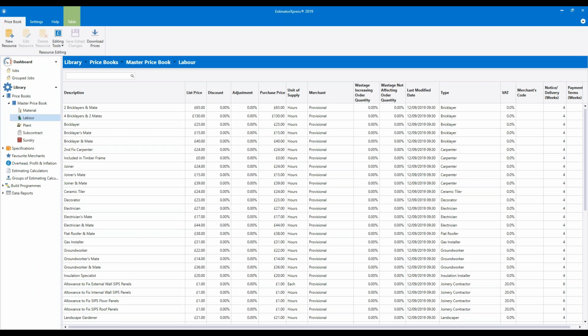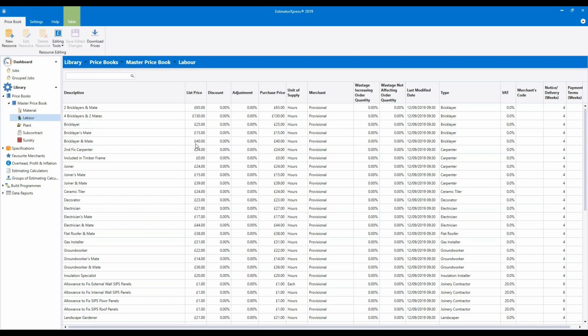So we'll start here. It's a fairly short section of the price book, and obviously a really critical one. On the left hand side of the screen, you will see a description of all the different labourers and indeed gangs that we have within the software. The next column shows their list price.